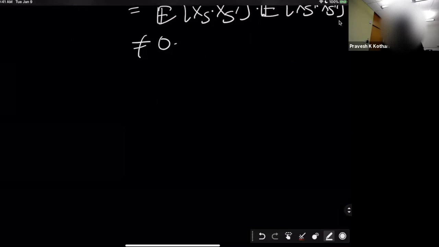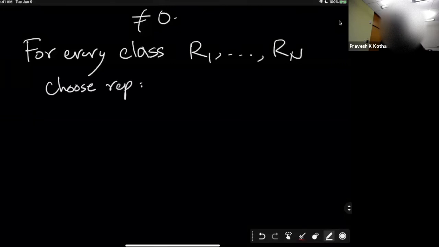Very good. So now, because it's an equivalence relation, it splits all monomials of size at most d by 2 into a bunch of classes. Let's call the classes R1 up to R sub n. Choose some representative for each class, let's say S1 up to S sub n. So pick some set of size at most d by 2 that represents that class. It doesn't matter which one you choose, just pick one, right? And then observe,